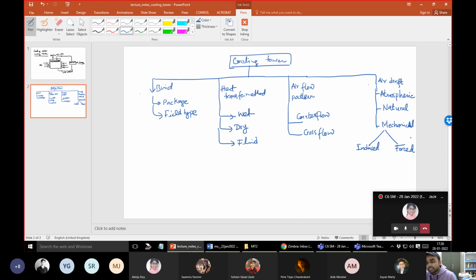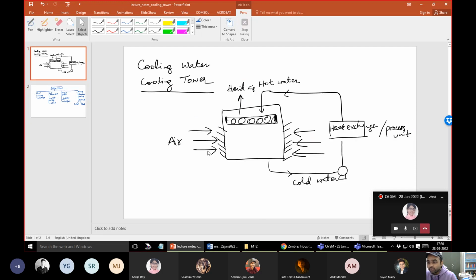Next comes, as I was discussing, the airflow pattern, as the counterflow and the crossflow. In the counterflow case, the direction of the air and the water is completely opposite, like what you normally observe in a counterflow double pipe exchanger. And in the crossflow, the air comes in from the transverse sides, and part of the air is not completely in counterflow, but part of them will definitely be in the counterflow.